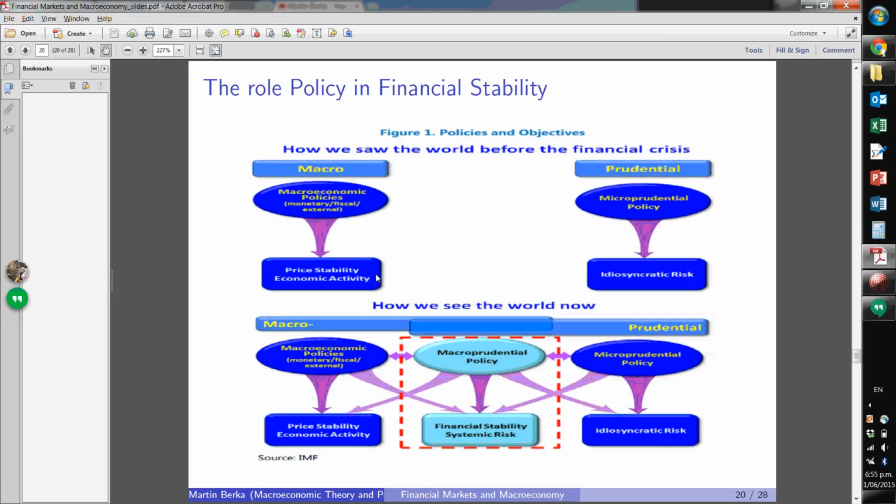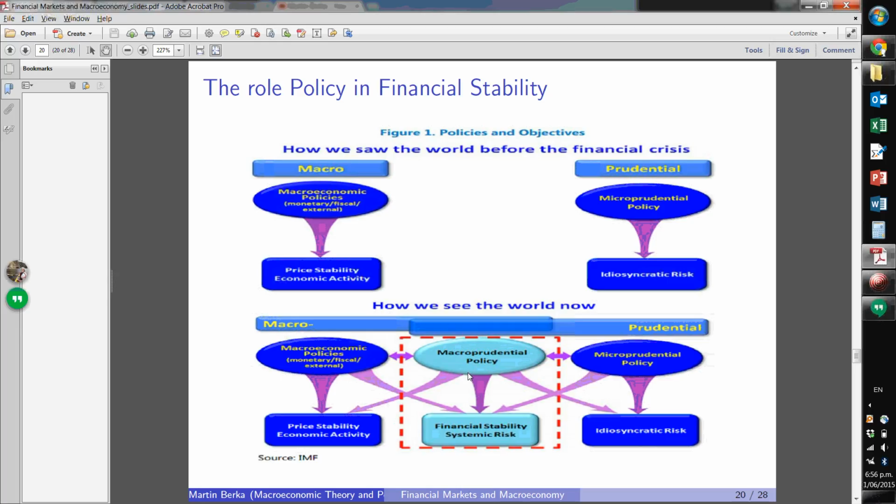So it used to be the case that you had macro policy in central banking and you had prudential policy, where the prudential policy would be microeconomic policy which tries to address idiosyncratic risks, whereas the macro policy would be price stability, anything that results in price stability and economic activity. But it missed, until the GFC, basically this point in the middle, in the bottom of the figure, which is to say that there is something called macro-prudential policy, which takes into account the consequences of macroeconomic actions on the financial sector and consequently on the macroeconomy. All right, so